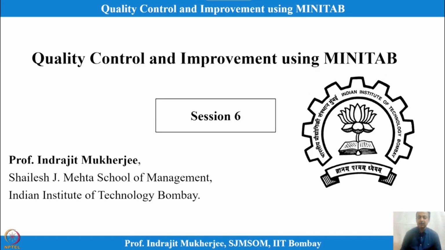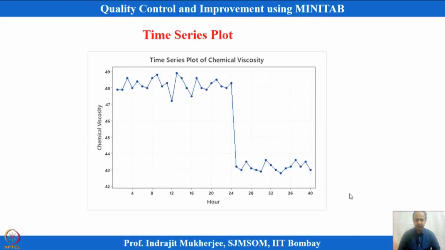extensively used can be seen. But before that, we can also see some types of graphs which can be used in chemical processes, where time is one of the dimensions, where we see how the data is moving, how the centering, the center of the process, is moving. That can also be plotted. So, one of the important